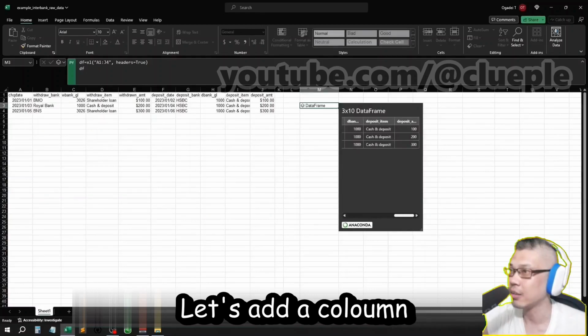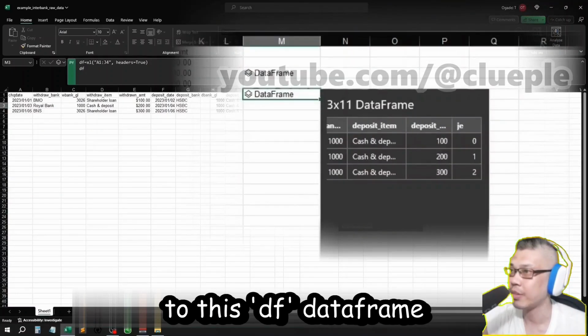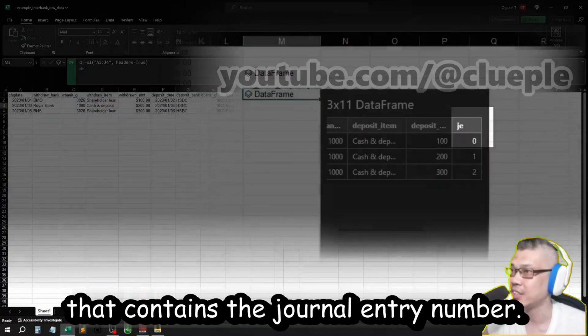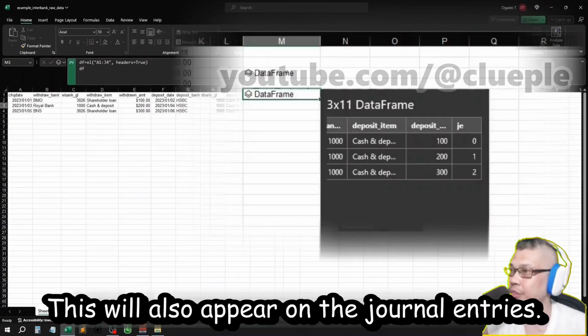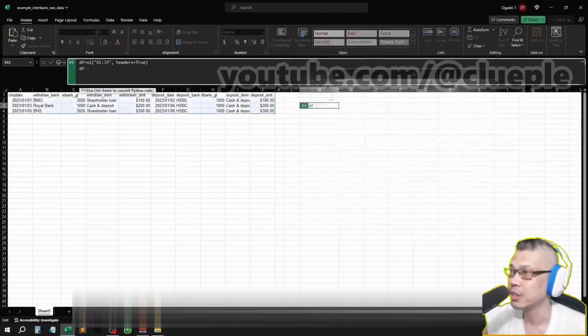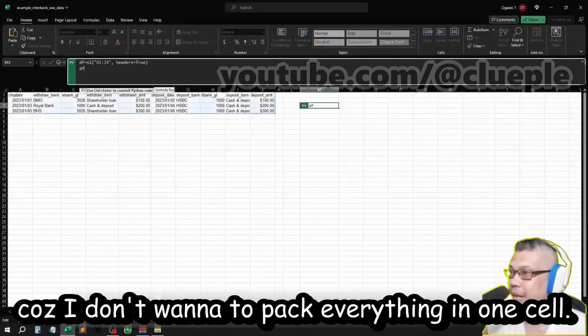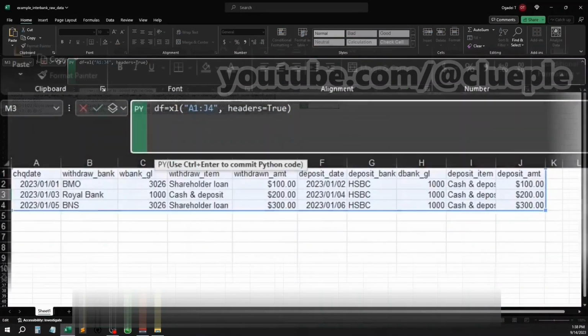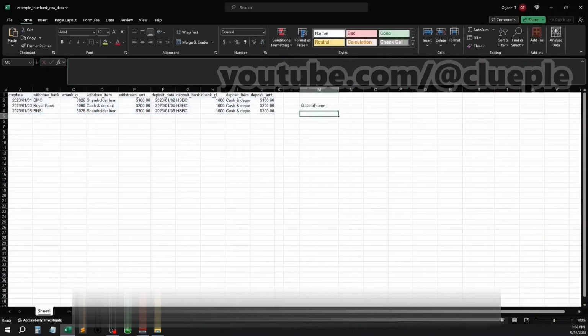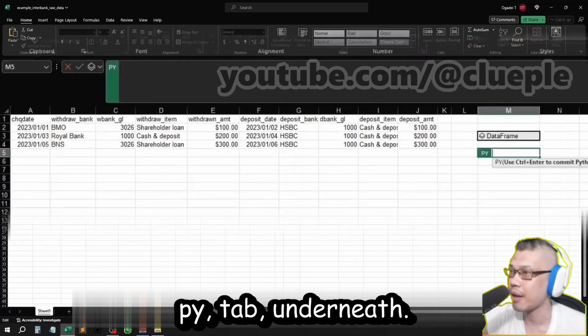Let's add a column to this df data frame that contains the journal entry number. This will also appear on the journal entries, but I'm not doing it in this cell because I don't want to pack everything in one cell. Alright, Shift Enter, PY tab underneath,